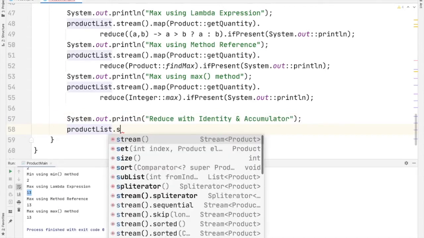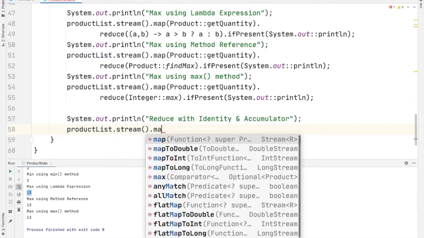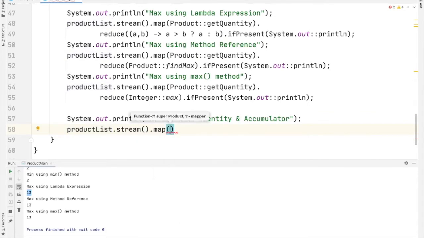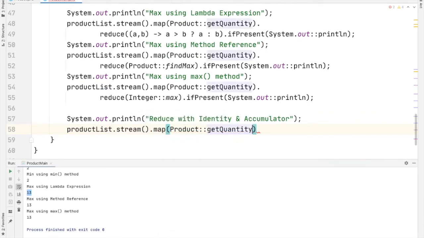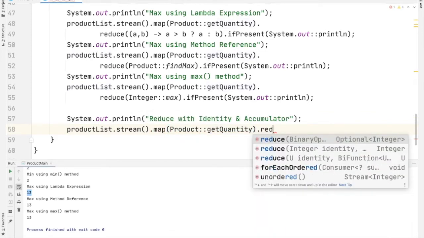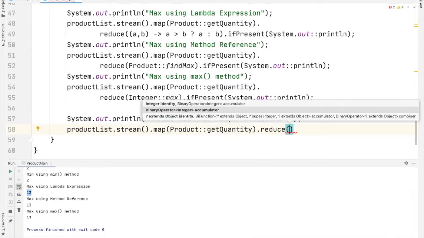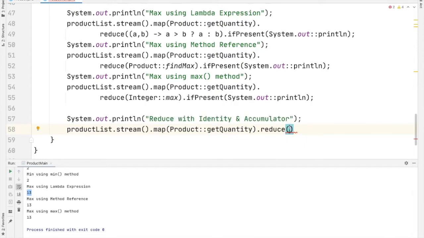Product list dot stream dot map of product get quantity dot reduce of. Before we had only one parameter in the reduce method, now we have two parameters, that is a start value which is an identity, and an accumulator.